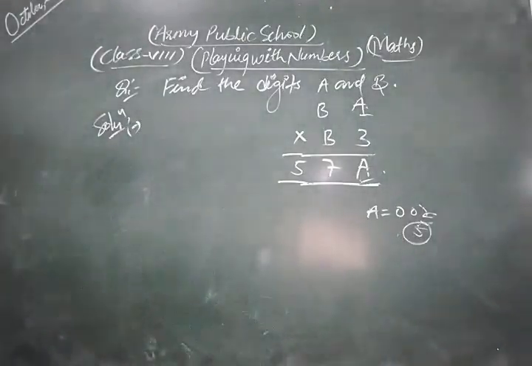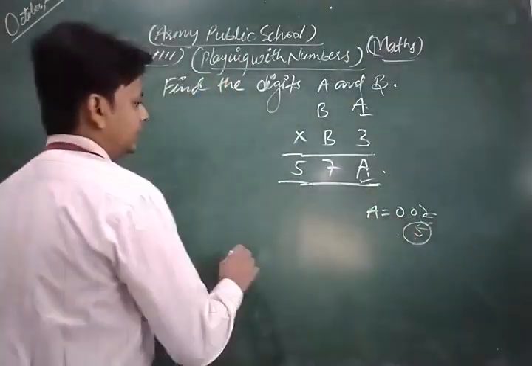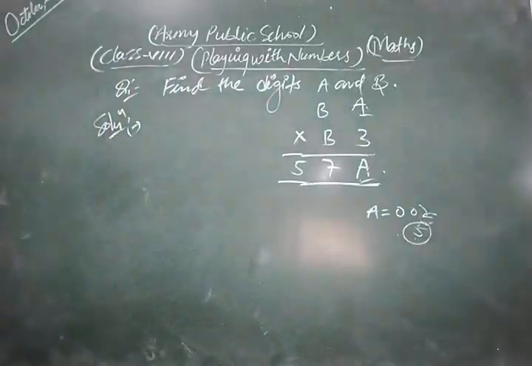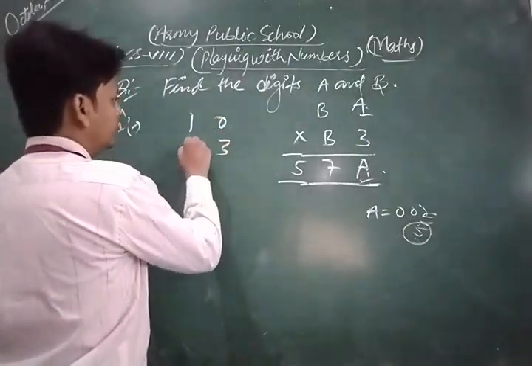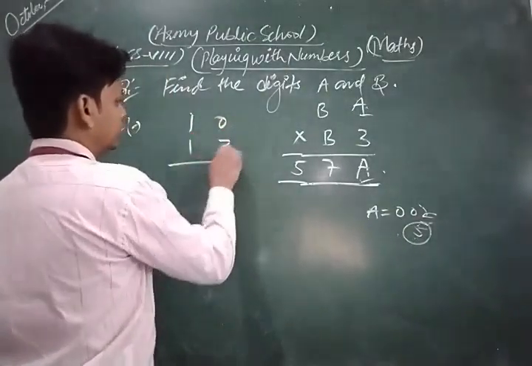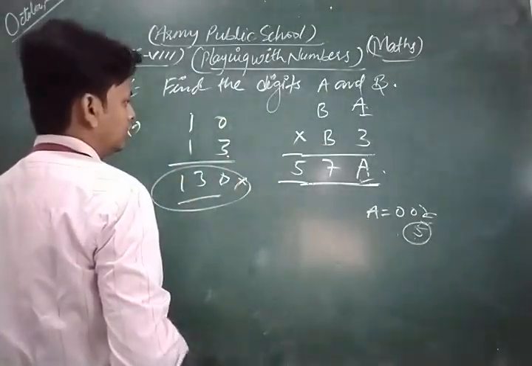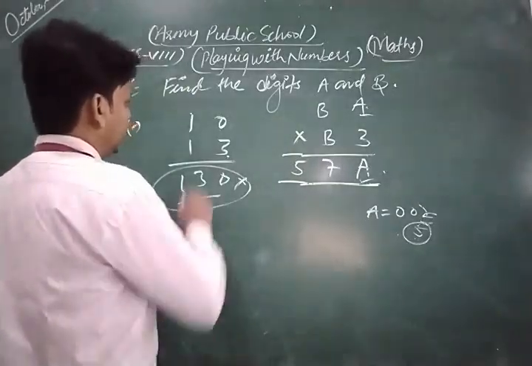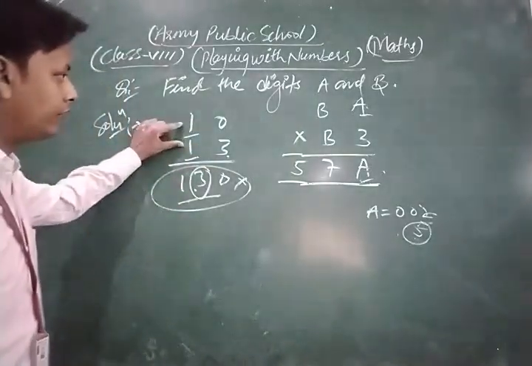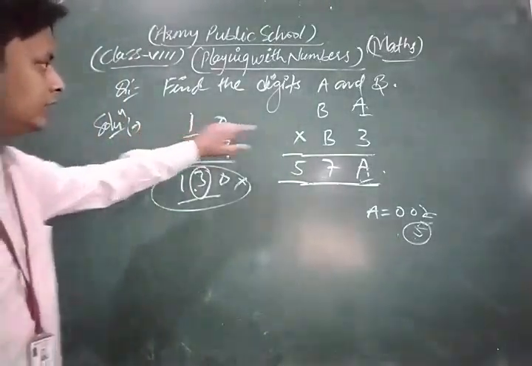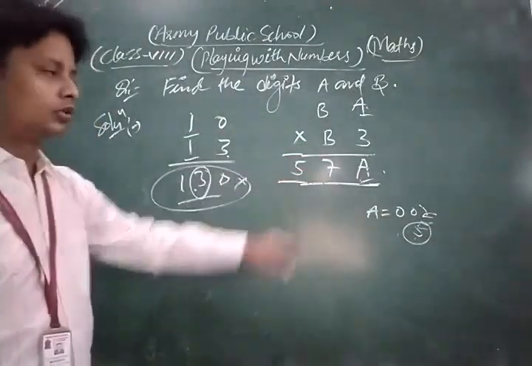So in this way, if we choose the value of A as 0 and the value of B is 1, then it is 0 and 1, and this is 3 into 1. So now look, this gives 13, which does not satisfy the given condition. Here this is the same, but this is 3 here, dear students. Because if you put B equal to 1, the result is not equal to 1 here. So it is not satisfied.